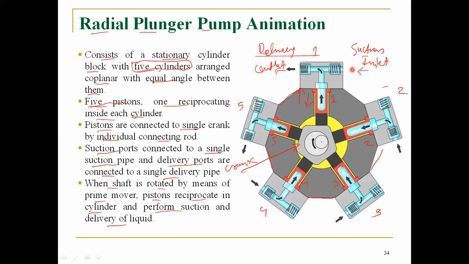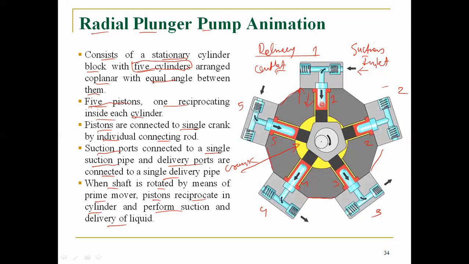You can relate this to the suction and compression stroke of the reciprocating engine. Here the only difference is that we are using oil, and the oil is delivered. In this way, all 5 cylinders can deliver. This operation is done radially because all the cylinders are connected radially, and here a cam mover is used for the rotation. In the same way, we can use an electric motor for the reciprocation of these cylinders.